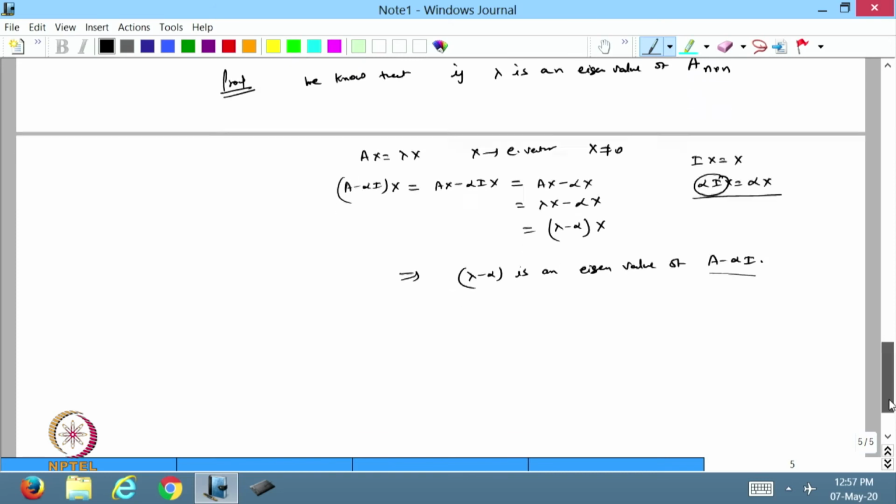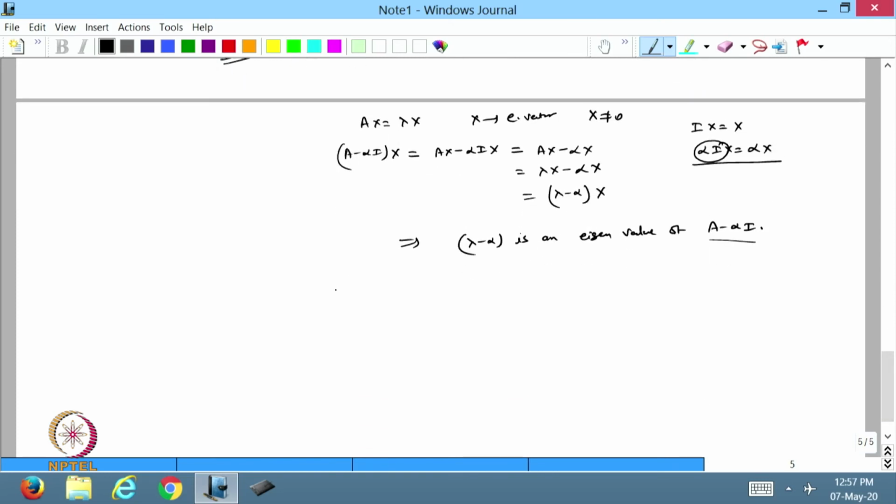Now, from here I know, what about A minus alpha I inverse? From the previous knowledge we know that A minus alpha I inverse